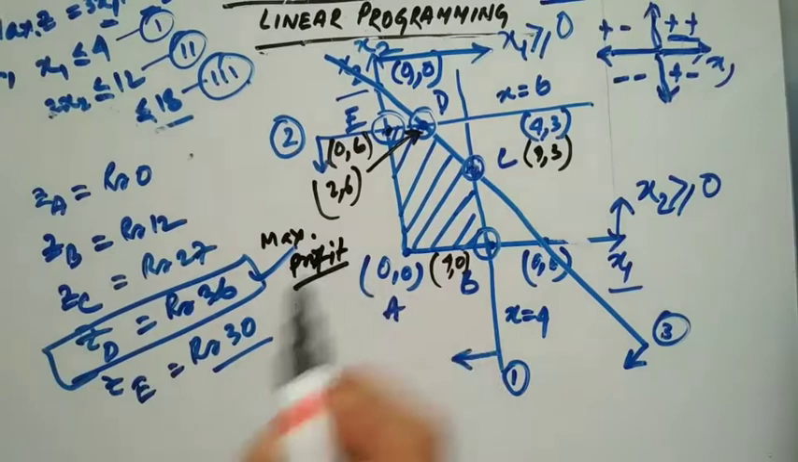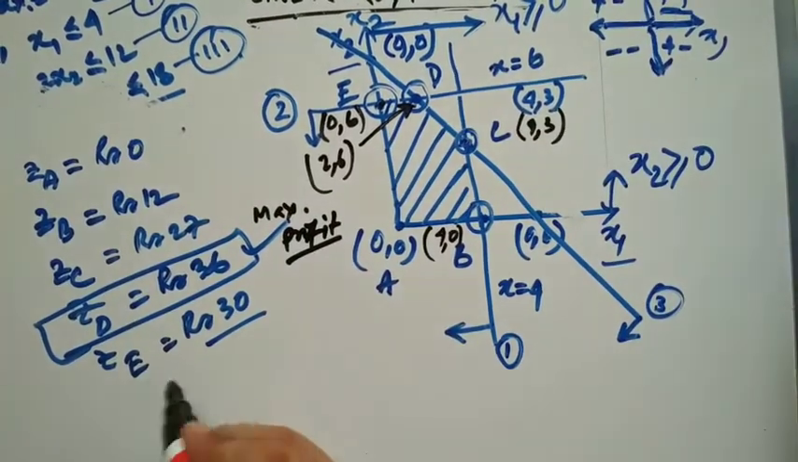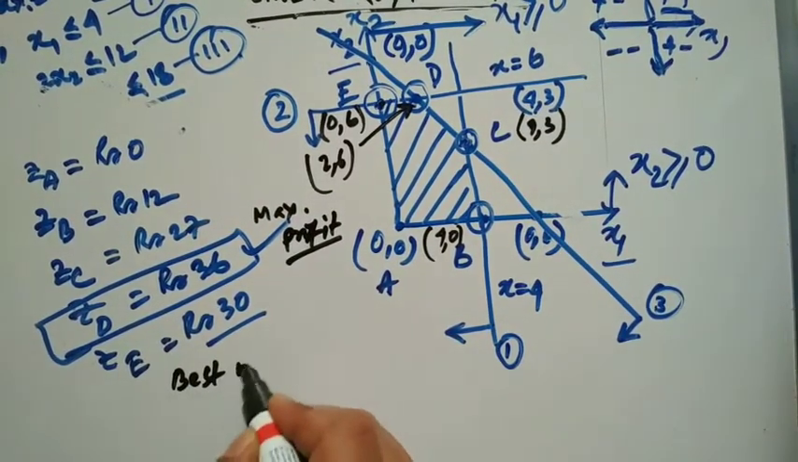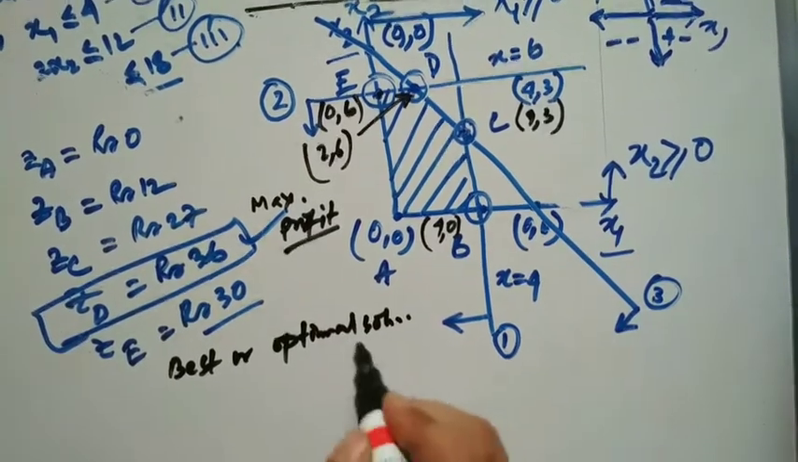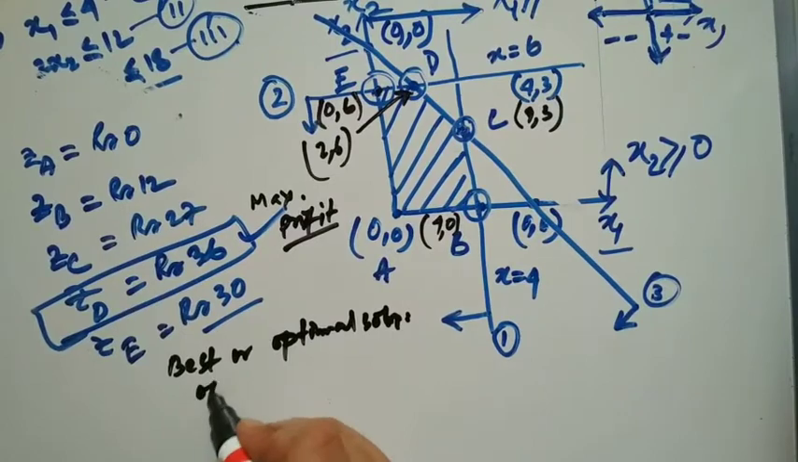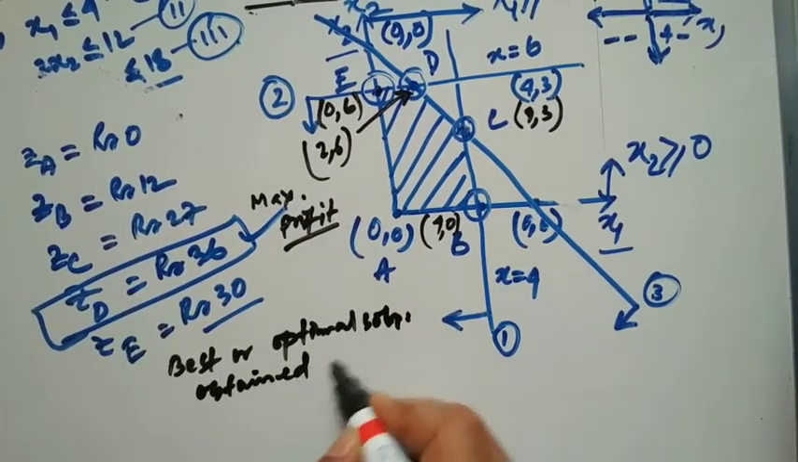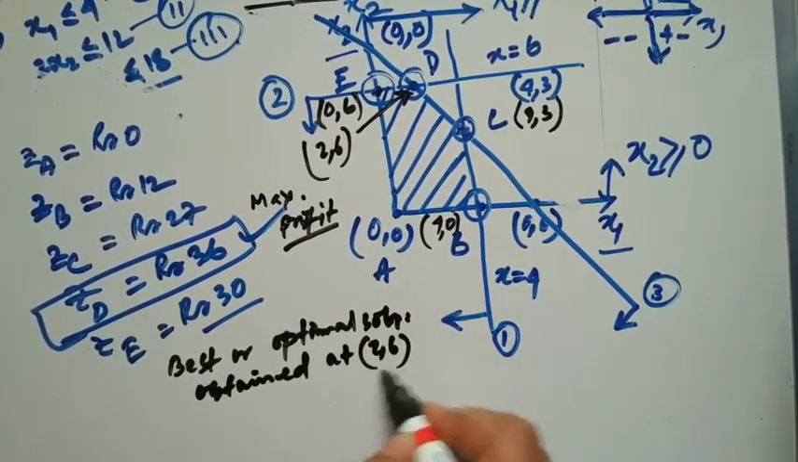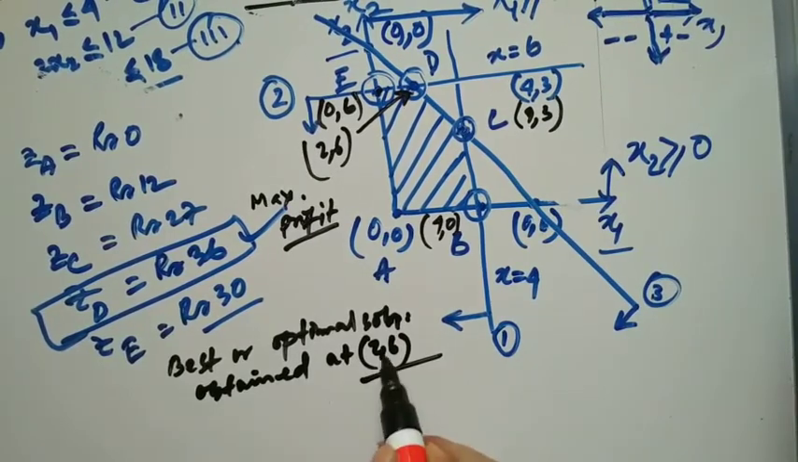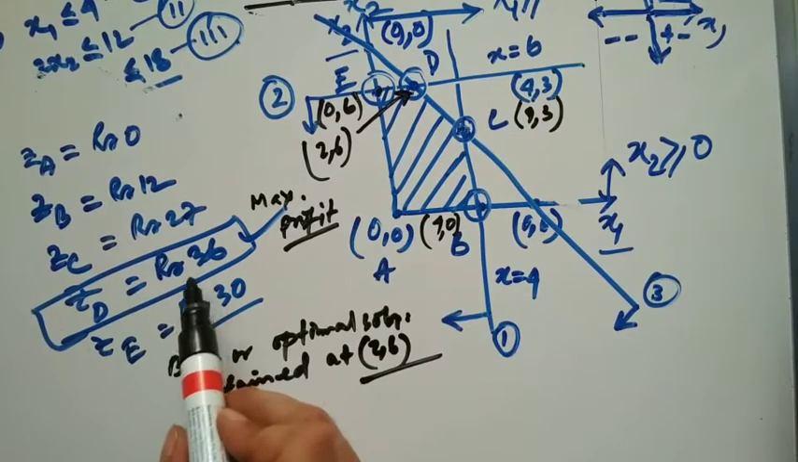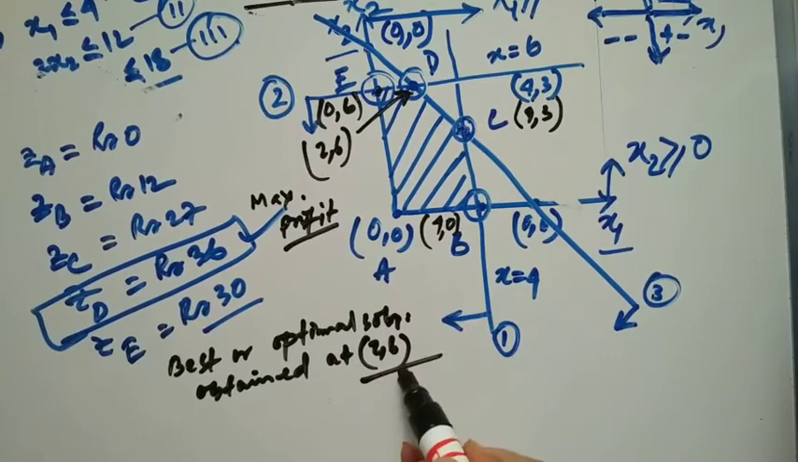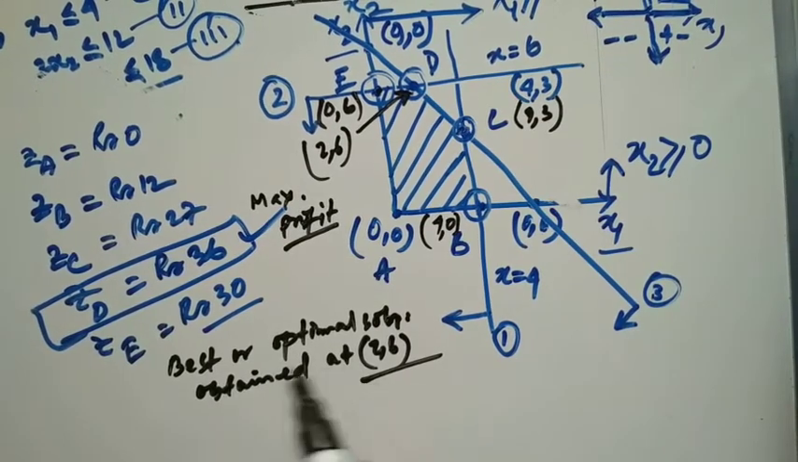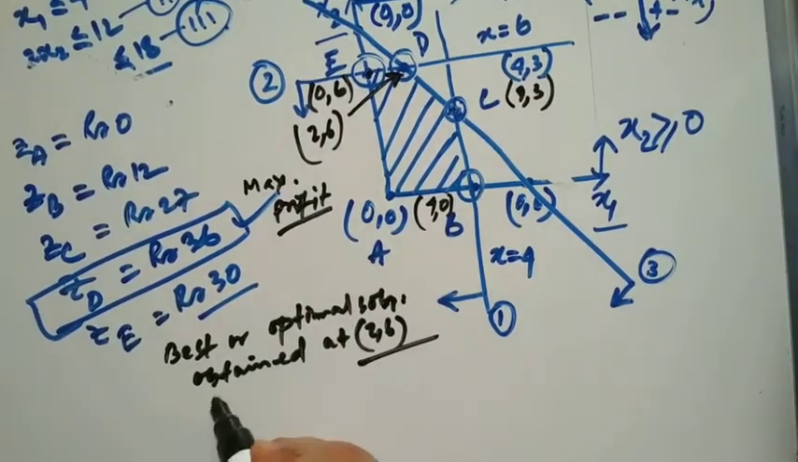Now, what is the optimal? I can write it over here: best or optimal solution obtained at 2, 6. That is the coordinate. This is not the optimal solution; the optimal value is this one, but it is obtained at 2, 6. That is a difference you must keep in mind. And the maximum profit